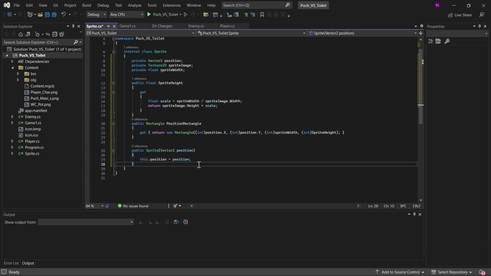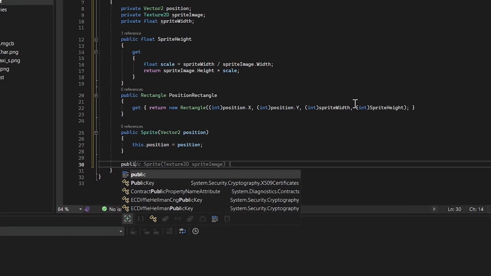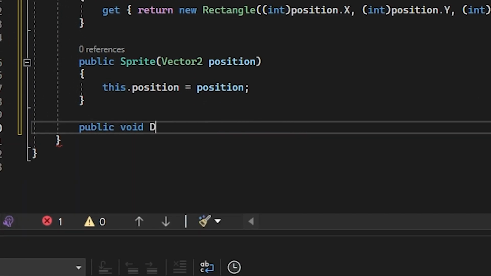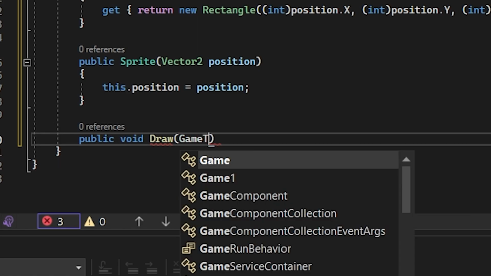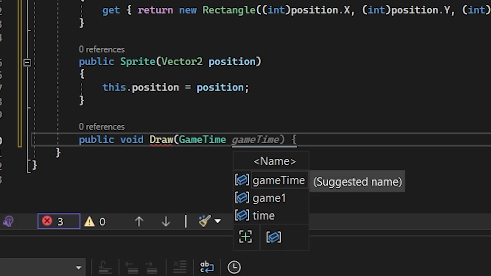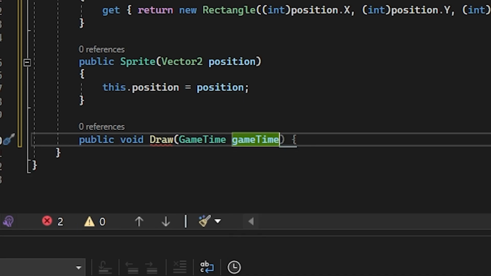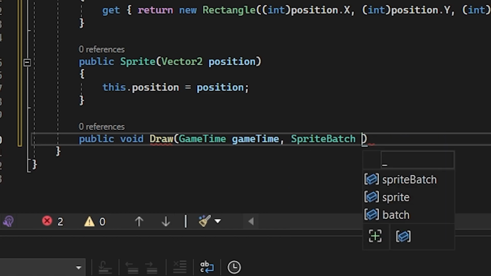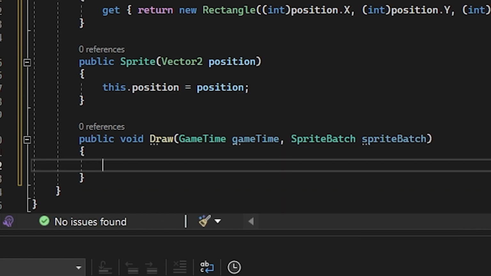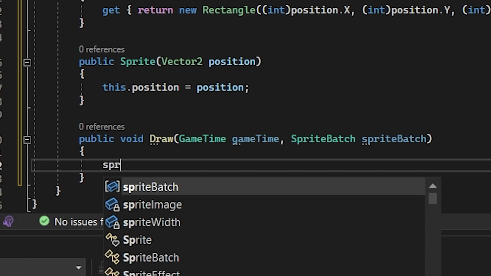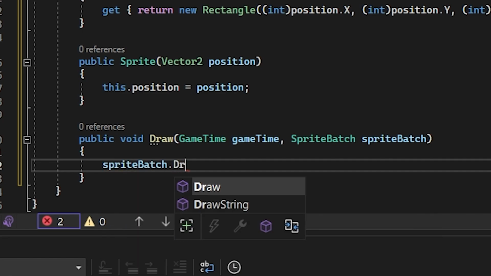And of course we'll also have to make a draw sequence in which we'll go public void Draw, the brackets, and in the brackets we'll write GameTime with 2 capitals and then with only the capital T, comma, SpriteBatch, and _spriteBatch or normal spriteBatch. I'm not quite sure. I switch all the time. It's not that handy to do, but hey, it works. And then we'll go spriteBatch.Draw